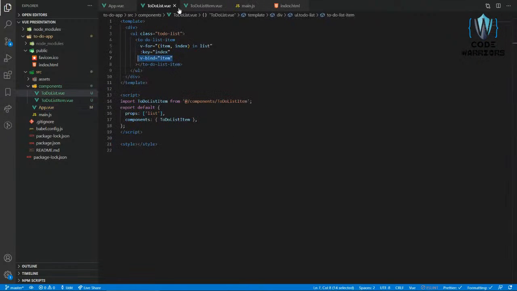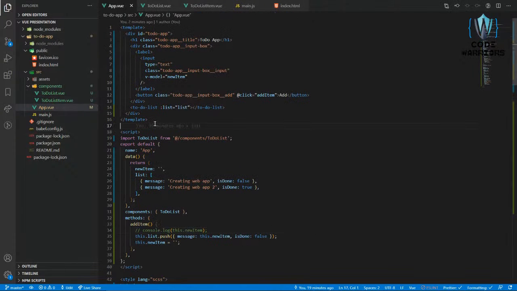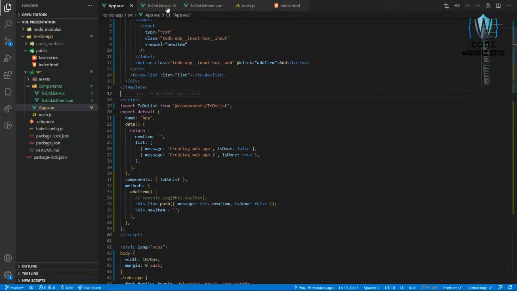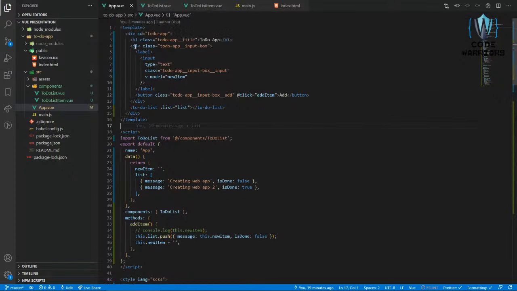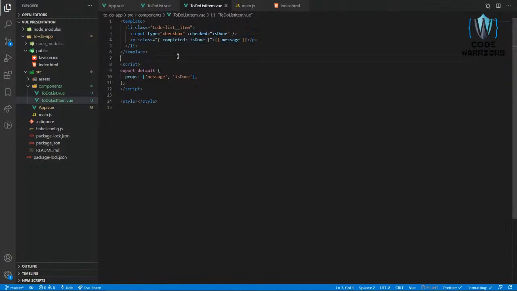This is a component, this is the child component. We are making some modifications here and we need that to be reflected here. One way we are doing it: if we go down the child hierarchy and make some changes to the list, the list is passed as a prop, and that item from the list is passed as a prop here, but that's from a parent to a child. What if we need to do it backwards? If we want to send data from a child to a parent, we can use emit. Now what we will do is, if this changes,